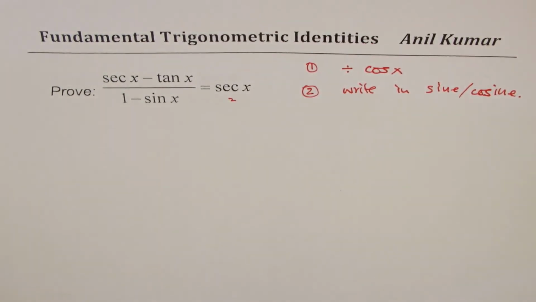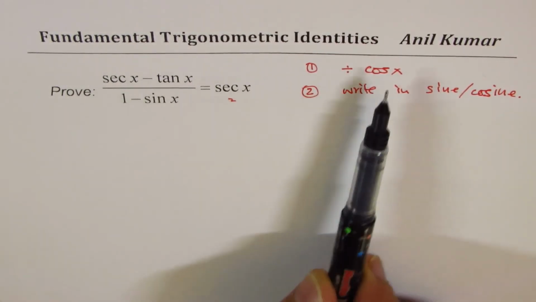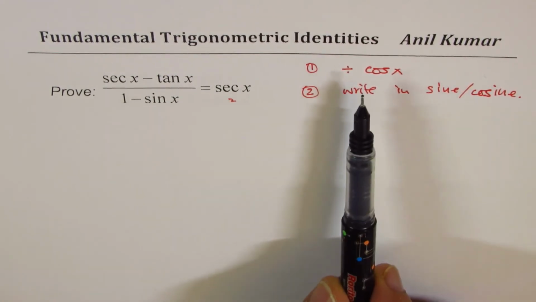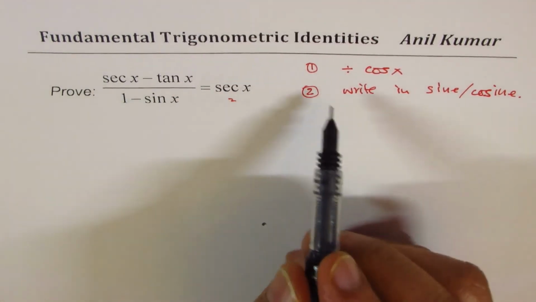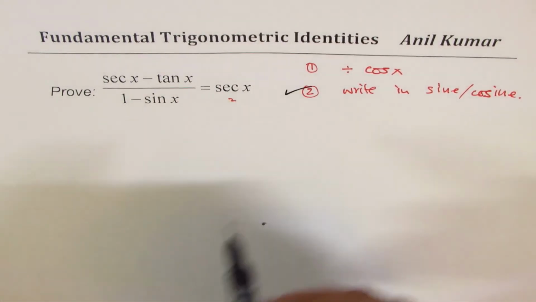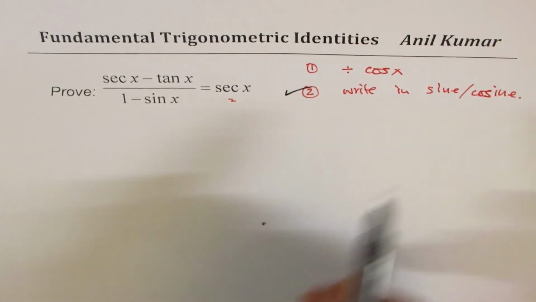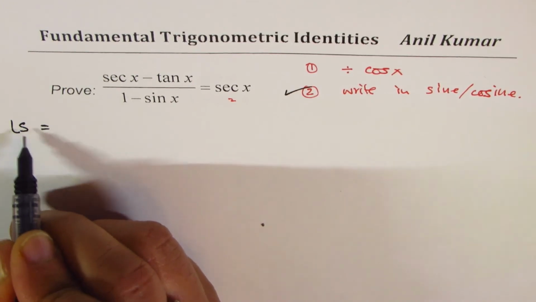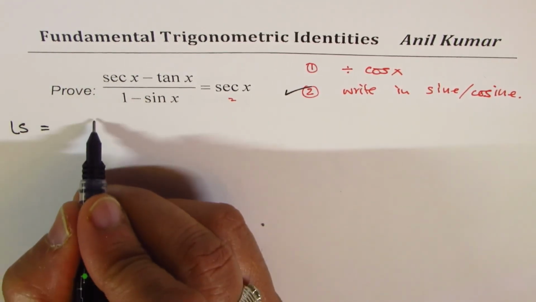Now, since we need secant, we could divide by cos x. That's a good strategy. Anyway, let us see how to do it. So you could adopt any one of these. Let me this time use this strategy, which is write in sine and cosine. What is secant x? We'll start with the left side, which is secant is 1 over cos